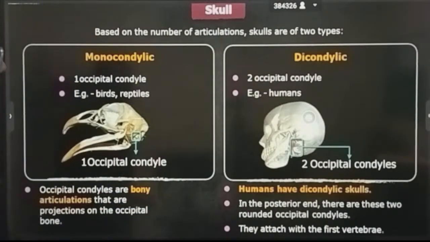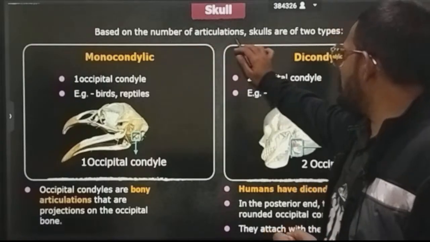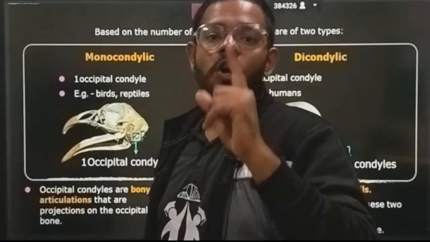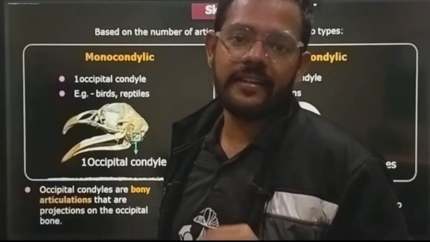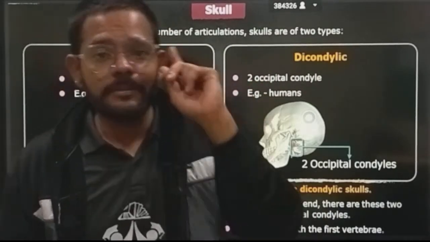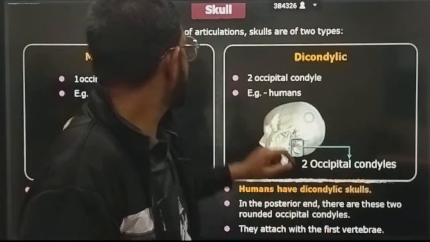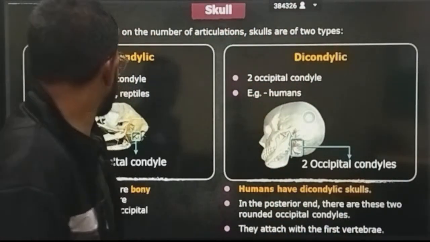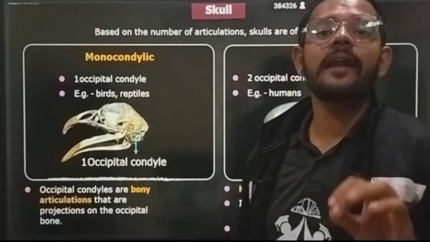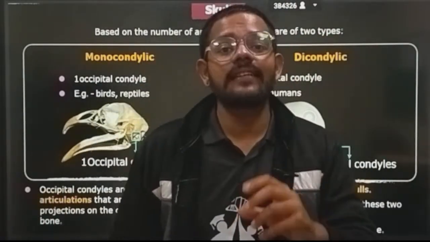Now the next part is condyles, which are present in your skull. Based on the number of articulations, skulls are of two types: monocondylic and dicondylic. Monocondylic means the occipital bone has a single condyle, a single elongation, while dicondylic means the occipital bone has two condyles, which is present in humans. Two occipital condyles, example human. One occipital condyle, example birds and reptiles. Birds and reptiles are monocondylic animals, while amphibians and mammals are